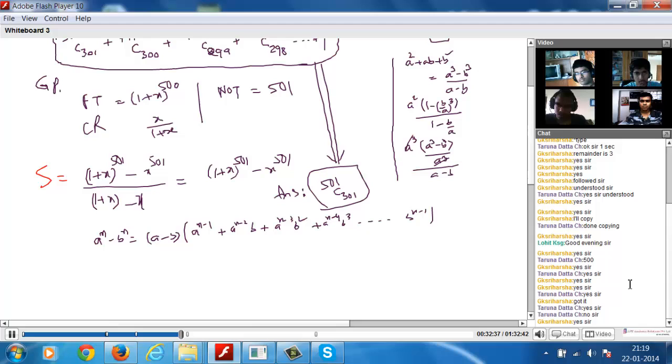So the coefficient of x to the power of 301, the answer for this is 501C301. That is the answer. So all this is going to be equal to this. There may be a question, what is the value of that? That also could be a question. So you have to identify that